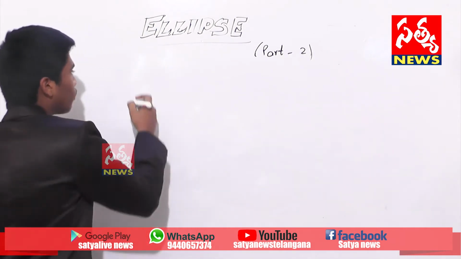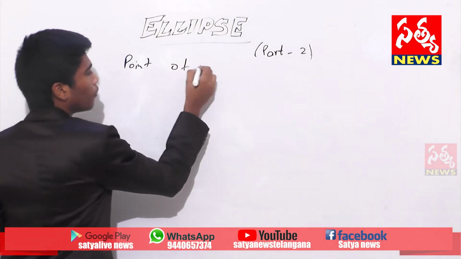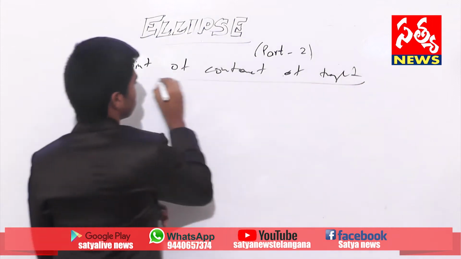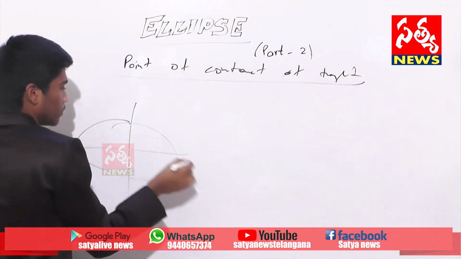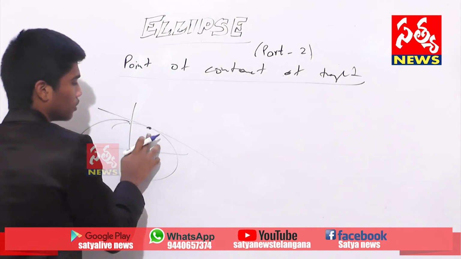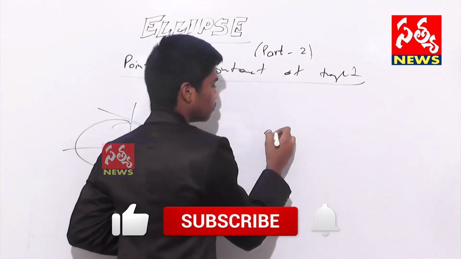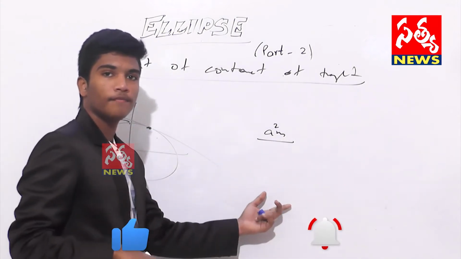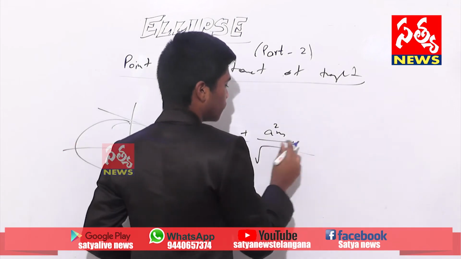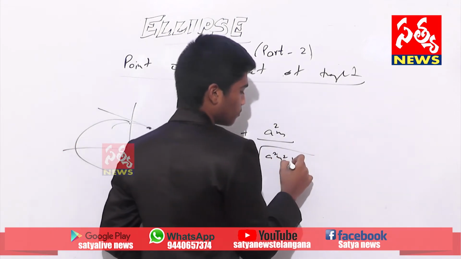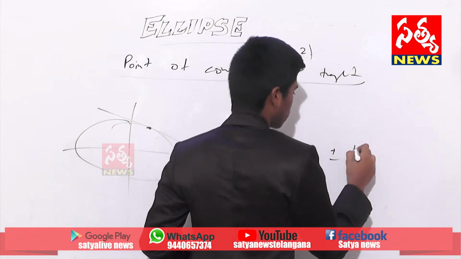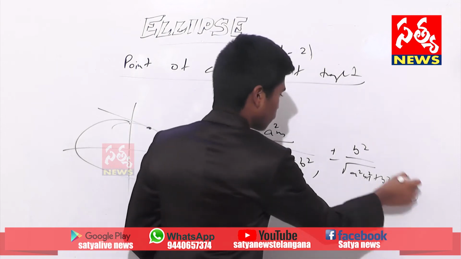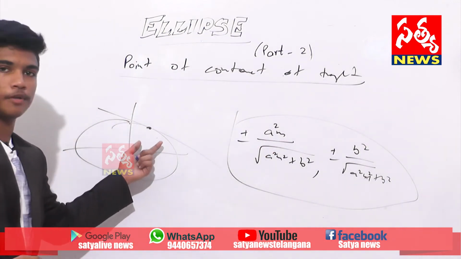And the point of contact of the tangent, which means this point. See, this is an ellipse, and this is the point of contact. That point can be found directly through a formula: (∓a² m / under root a² m² + b², ± b² / under root a² m² + b²). This is the right formula for finding the point.